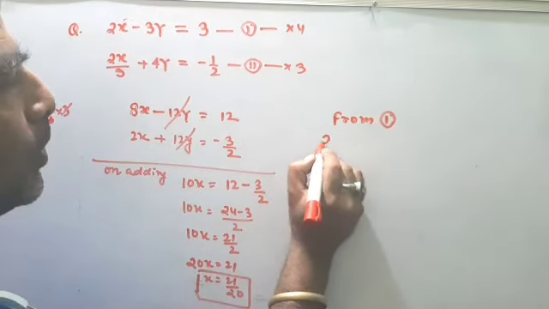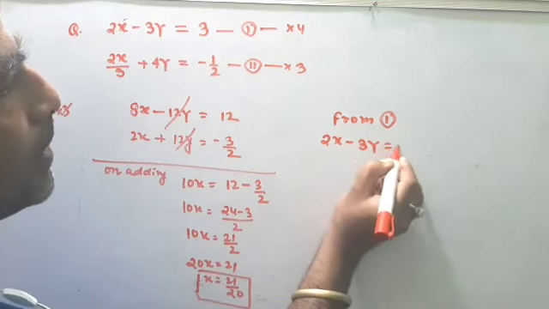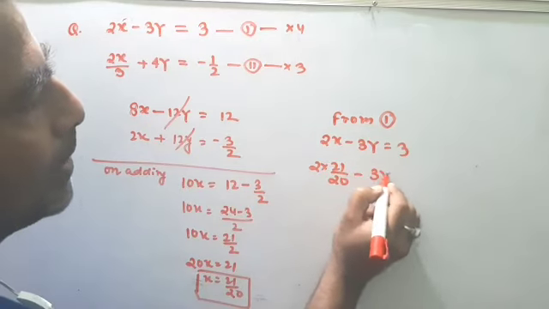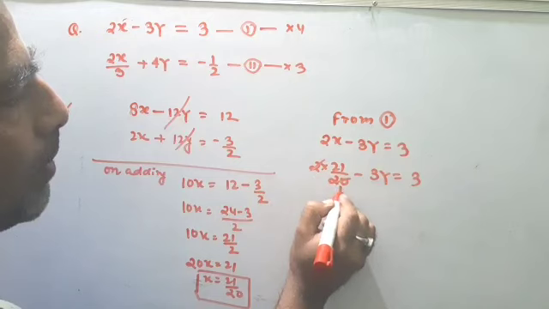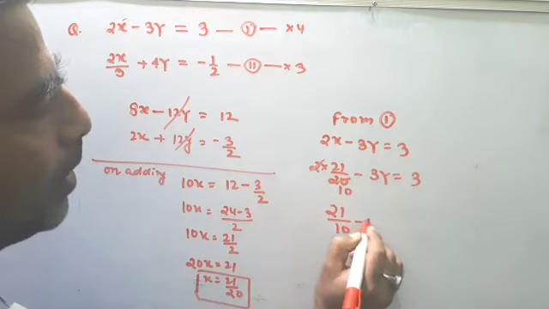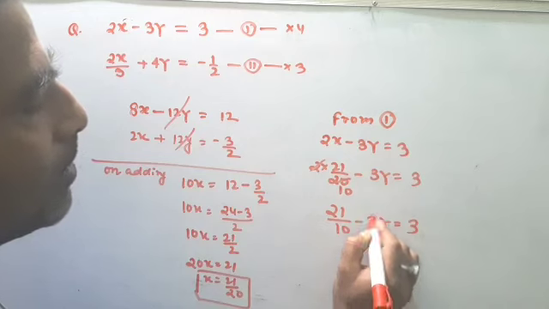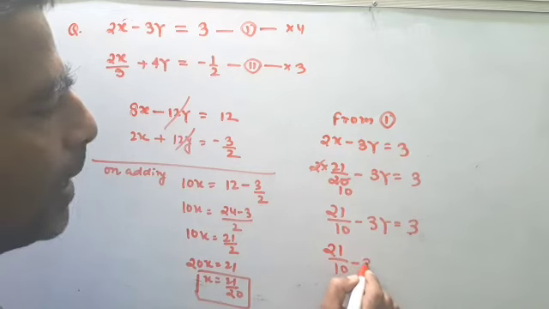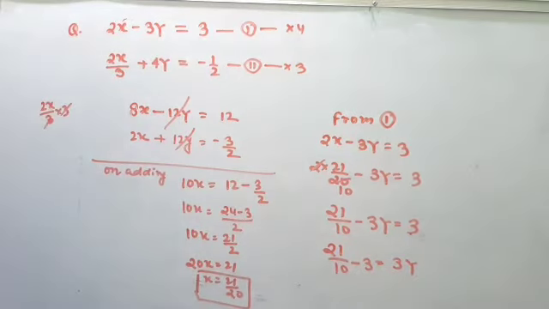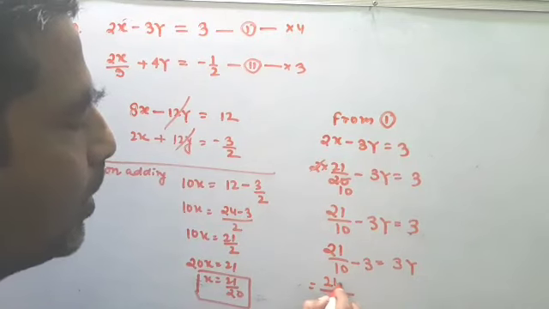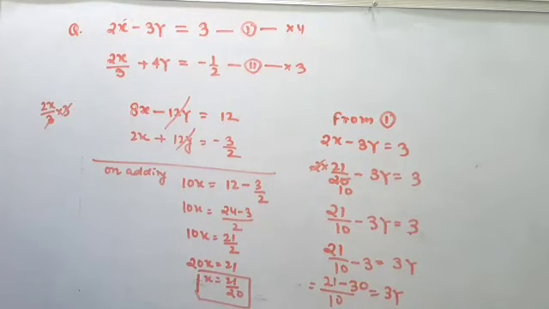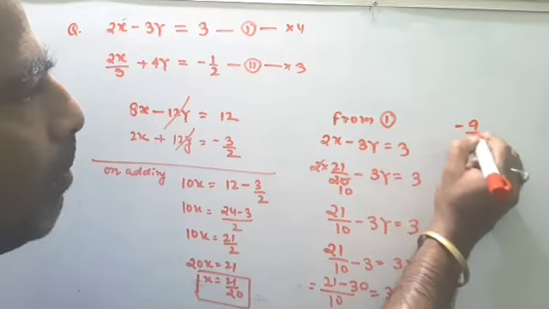So from 1, 2x minus 3y is equal to 3. 2 into 21 by 20 minus 3y is equal to 3. Here 2 and 20 cut, 10. So 21 by 10 minus 3y is equal to 3. This minus 3y goes this way, plus, and this 3 comes this way, so minus. So 21 by 10 minus 3 is equal to plus 3y. Here LCM 10, 21 minus 30 is equal to 3y. So 21 minus 30, that is minus 9 by 10. So here I write minus 9 by 10